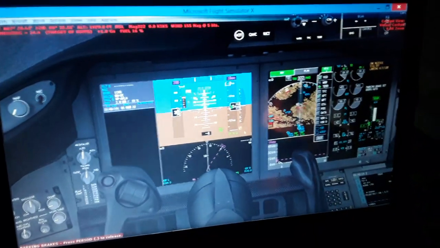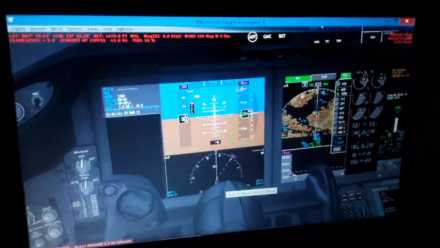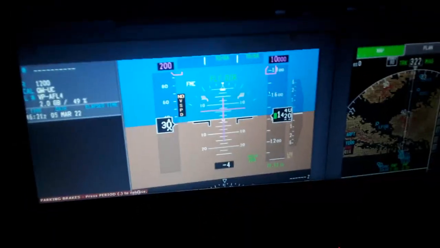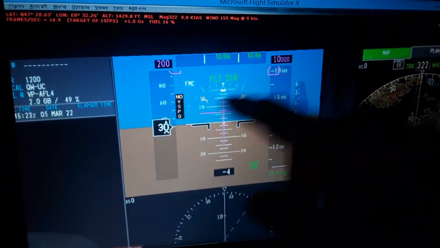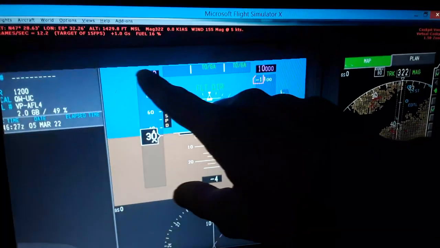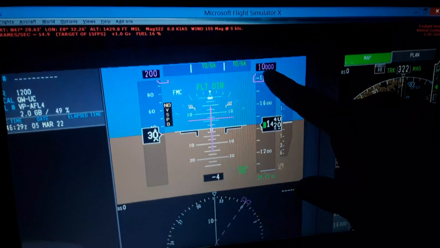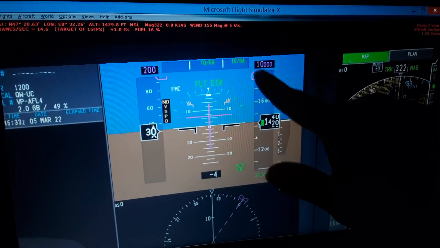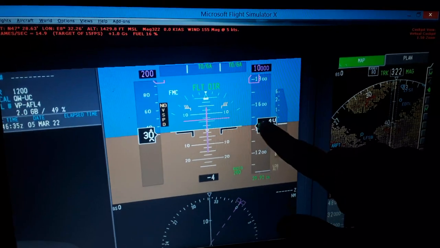So you can see in the primary flight display we have the airspeed indicated, the airspeed tape on the left side. You can see the airspeed indicated is 30 knots, and the airspeed selected from the autopilot flight director system panel displayed with purple or magenta. Also the altitude here, the altitude tape, and the altitude selected from the autopilot flight director system panel. Right now we are